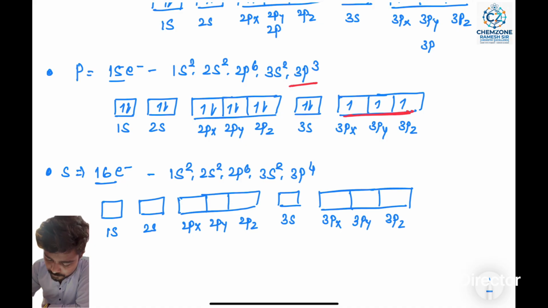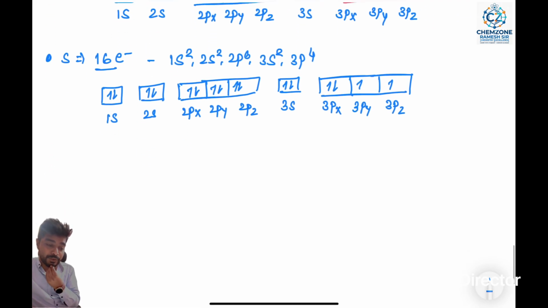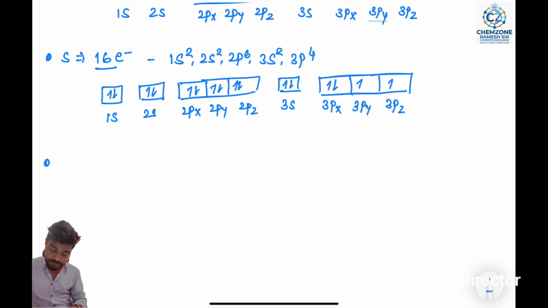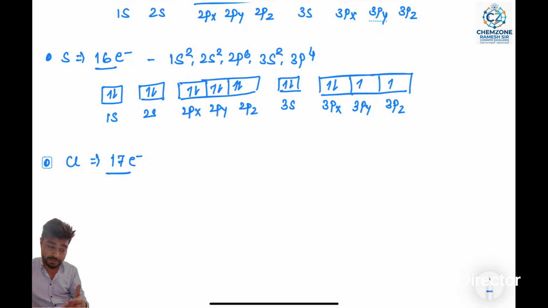So I am filling for this electrons one by one. So 1 2 3 4 5 6 7 8 9 10 11 12 13 14 15. Then 16 electrons are formation of newer pairs form. Okay, 16 जो इलेक्ट्रॉन्स है वो क्या करता है, पेयर का फॉर्मेशंस करते हैं. ठीक है. देन नेक्स्ट वन इज योर क्लोरीन. ओके, 17 इज योर क्लोरीन. क्लोरीन एटॉमिक नंबर इज योर 17 इलेक्ट्रॉन्स. सो 1s2, 2s2,